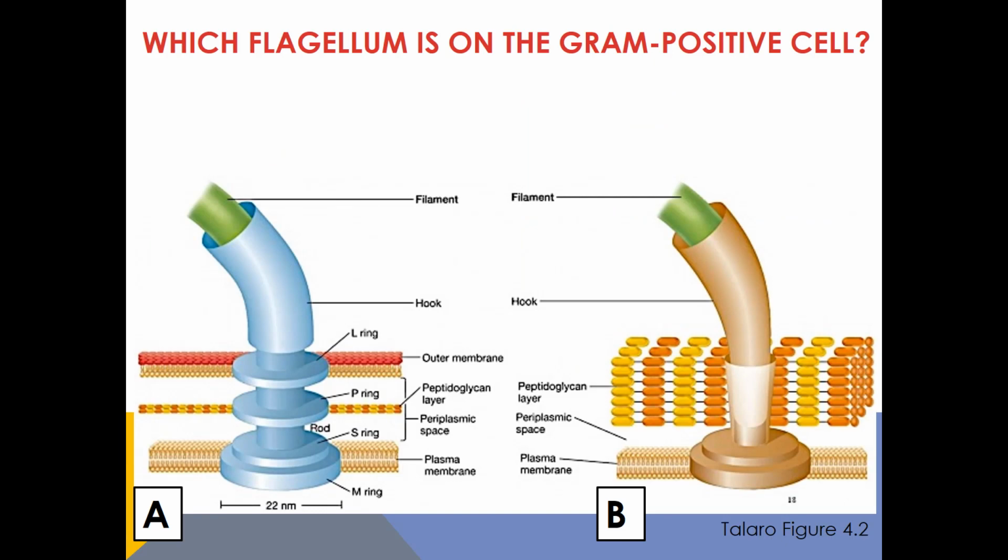And if you think back to video 1, when I was talking about the two types of cell envelopes and how I was mentioning that there are two types of anchors in a flagellum, but all gram-positive and gram-negative have an anchor, a hook, and a filament made of flagellin protein. Now you can actually say which of these anchors belongs to the gram-positive cell. And that would be B, positive purple thick peptidoglycan layer.